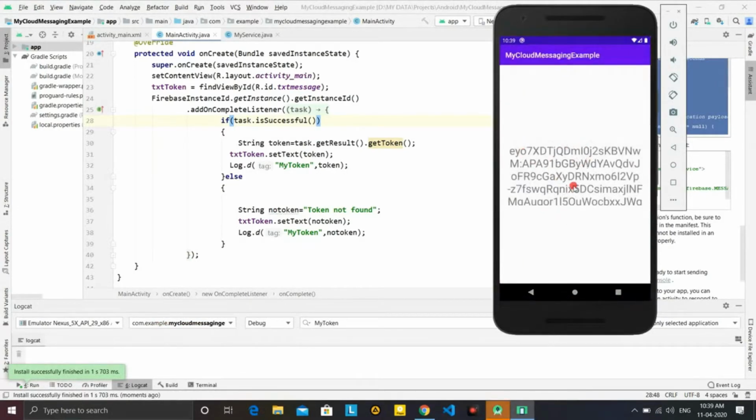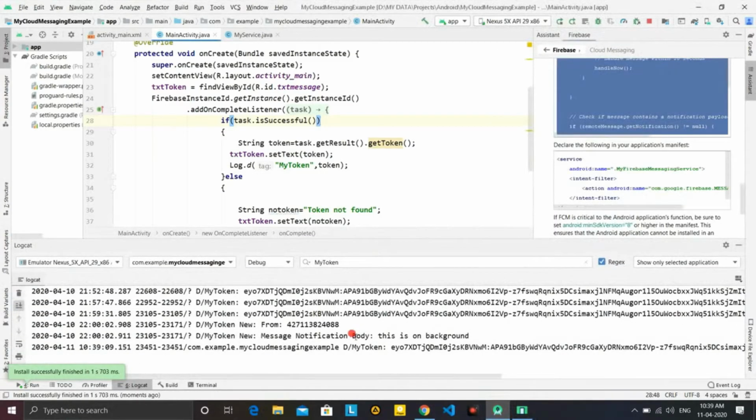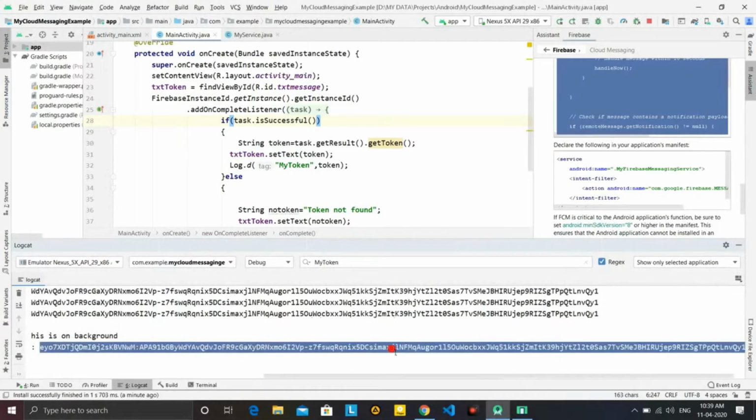You see, the token is displayed here, and I can read it. This is the message the server is sending, and this is the title and the body. It will display the title also. So here is the token, and we have to copy this token,